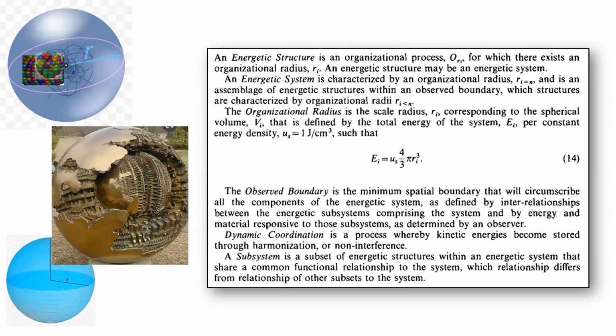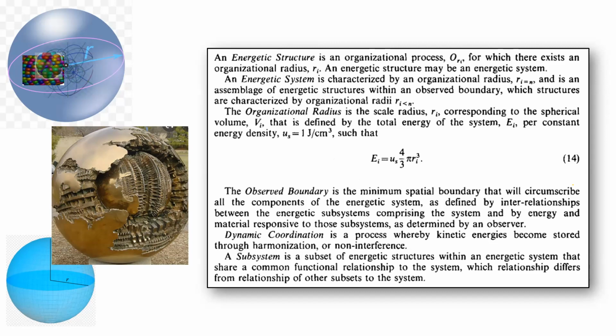So how do we start trying to approach this as a science and think about ways of describing more rigorously the energy that's in the system? And so what I realized was, let's create an observed boundary. This is an observer's boundary around the system. And of course, it's going to be somewhat arbitrary, and we'll have discussion about that, I'm sure. But it allows you then to use the radius as the way of assessing how much energy is actually inside your organized system. And so here you create an energy density where you start with the energy density and now let your radius change as a measure of the system taking on more energy.